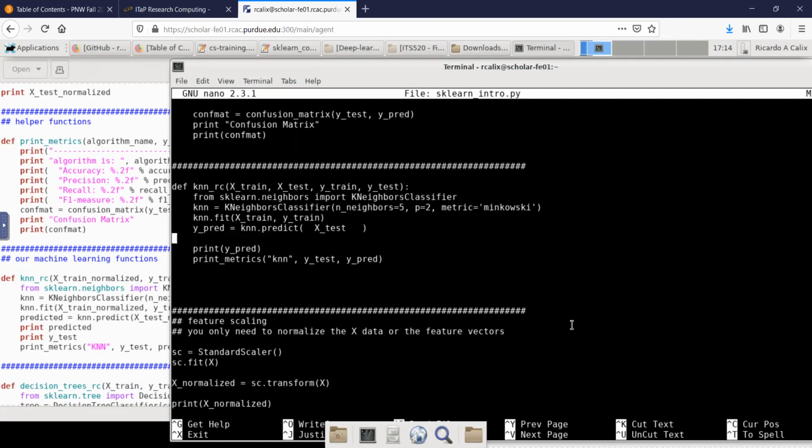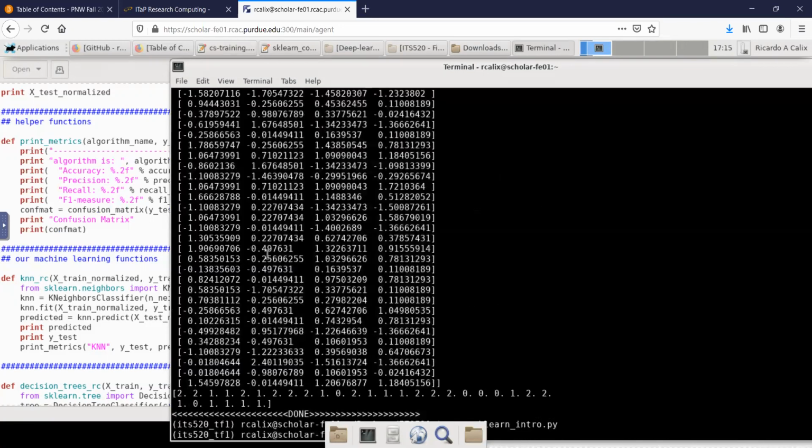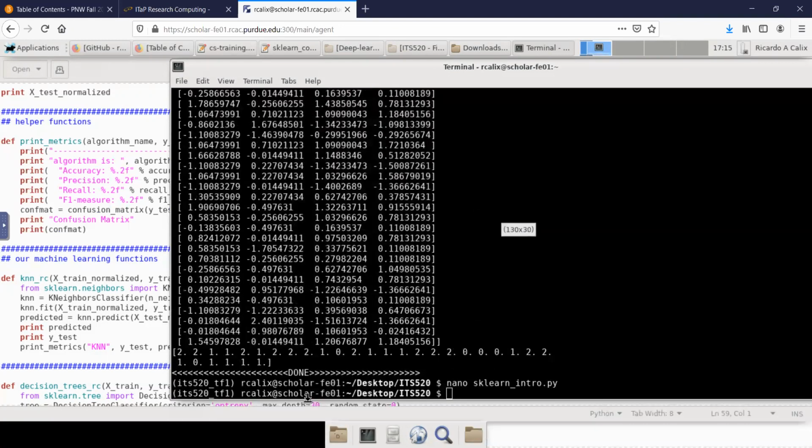Another thing I can do is print out Y test, and that way we can also manually inspect the results given that the data set is pretty small. All right, so I'm going to hit Control X, Y, enter. Now I'm going to do that. So hopefully you guys are seeing my terminal. I'm also going to open the other file,